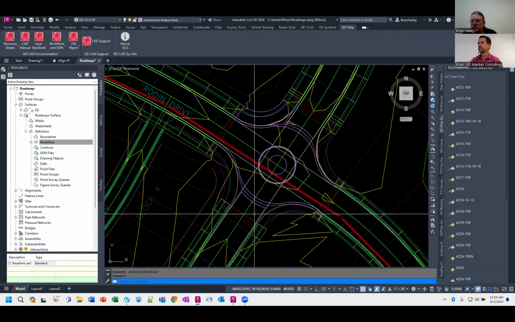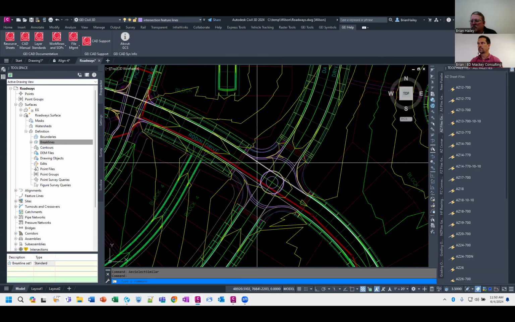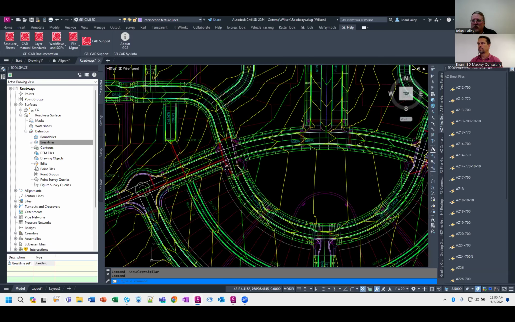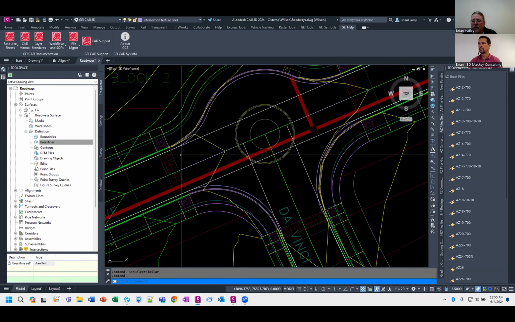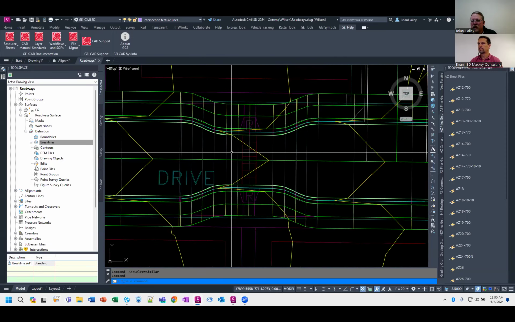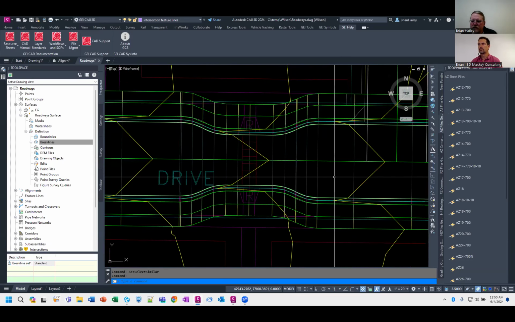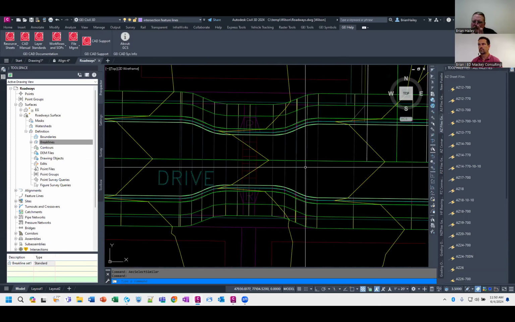But for example, this little traffic circle here, there's no way I would try to model that with a corridor or offset alignments. Offset alignments, maybe there's this corridor, this traffic circle over here. This might be a good spot. I don't know if you could do an offset alignment to model that or not. But here's an example of that narrowing. This is a great spot just to use those offset alignments,